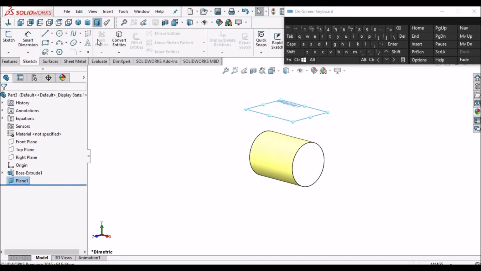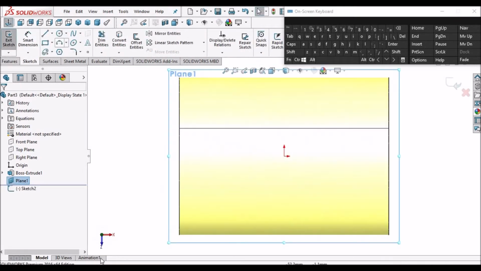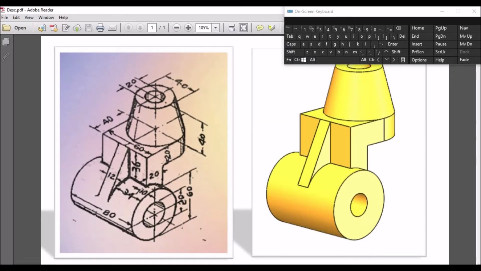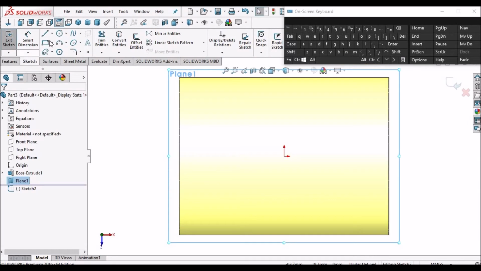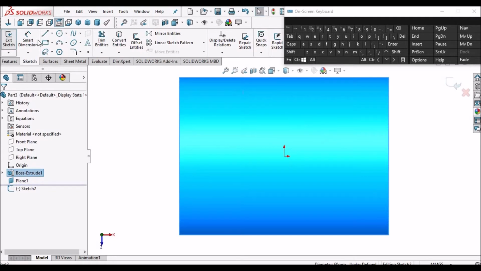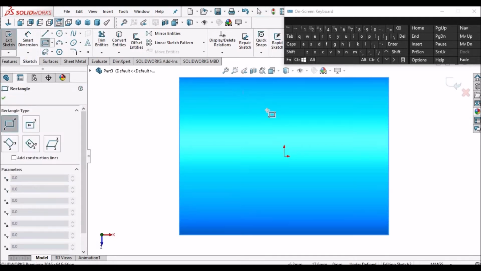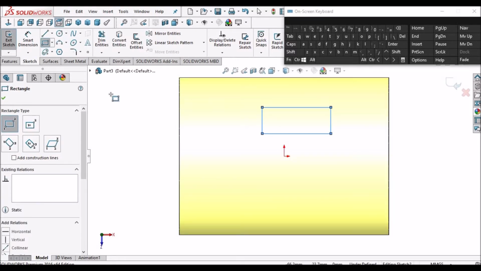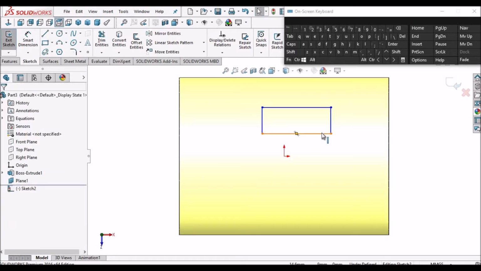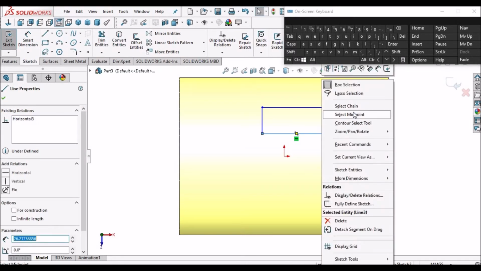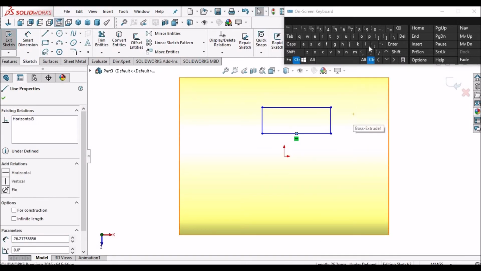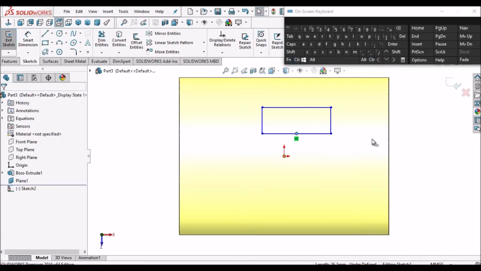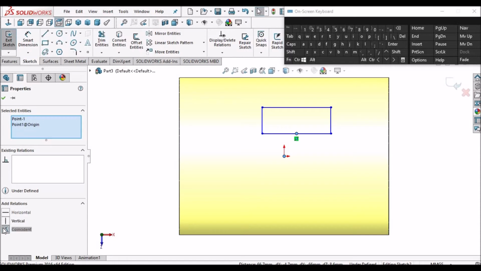Now select this plane and go to sketch, keep it normal, and I am going to create the top flange. So let me draw the rectangle. So this mid plane and this origin should be coincident.